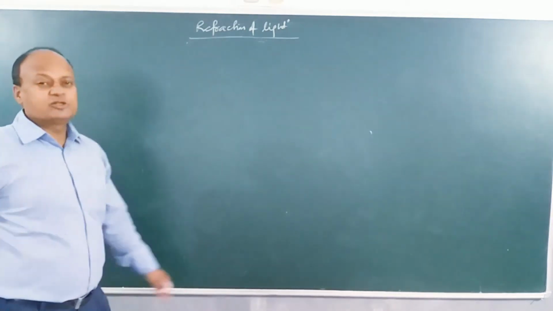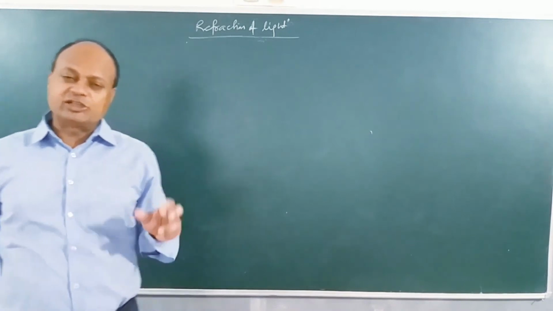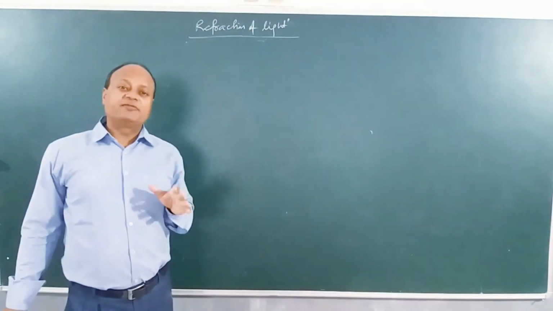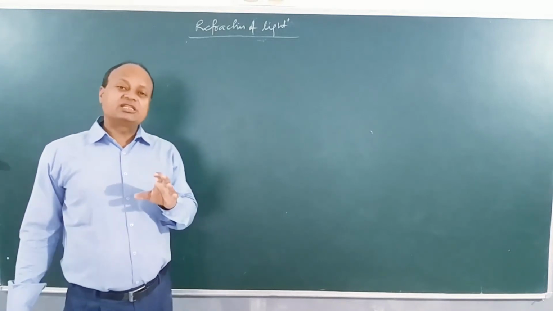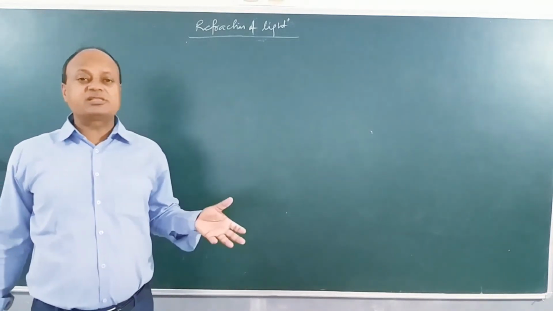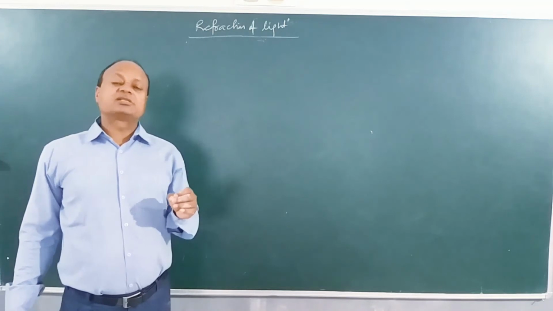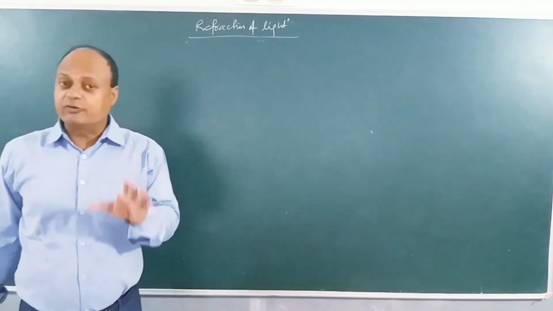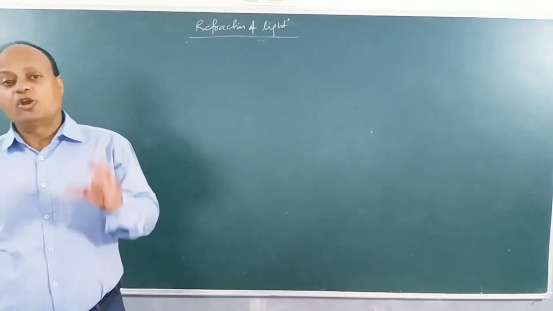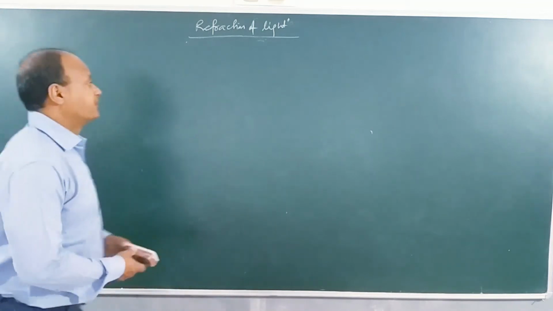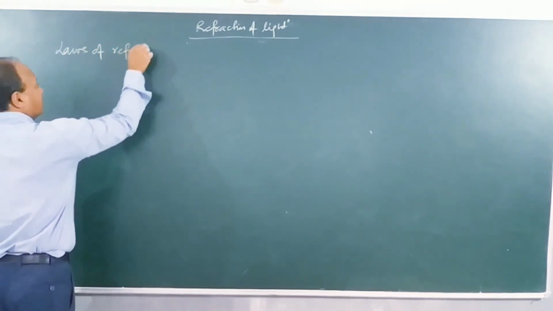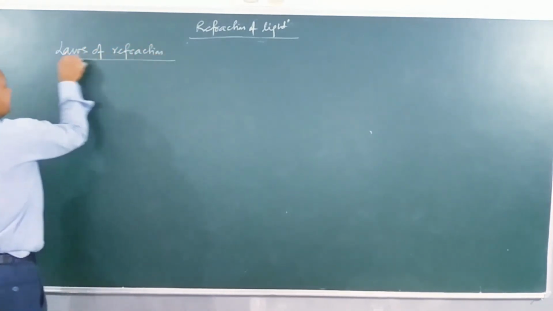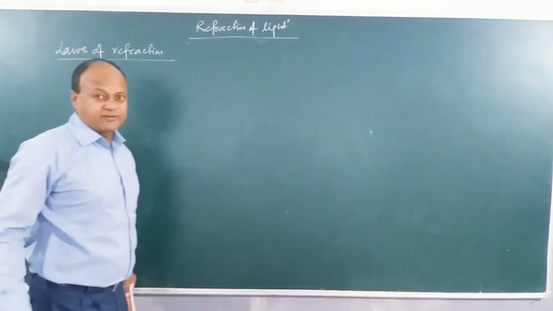So by now you have understood what is refraction of light. Now children, refraction is a very well defined process. And every process that we see around us is a scientific process, and every scientific process is defined by a certain set of rules. So we have laws of refraction. Let's study the laws of refraction. Let's go back to the refraction once again.